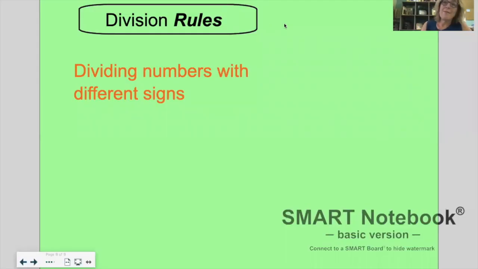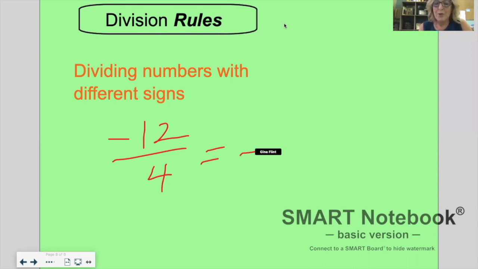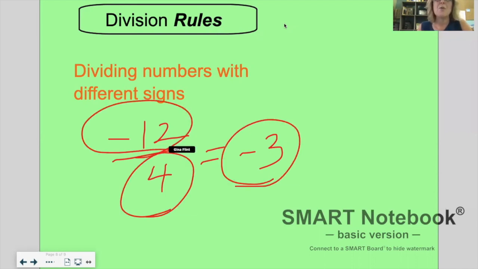So then what does that mean for different signs? What if we had -12 divided by a +4? Well, if you took -12 and broke it into 4 equal groups, how much would be in each group? -3. So we have a negative divided by a positive giving us a negative. And you can always check this by doing multiplication in reverse, right? -3 times 4 does give you -12. And again, the same thing holds true with variables,